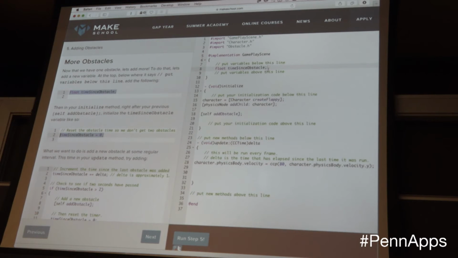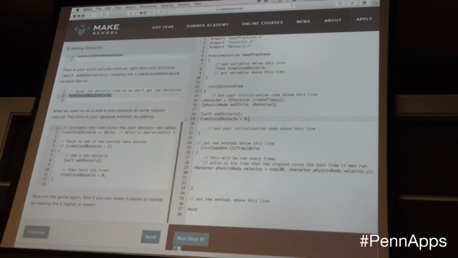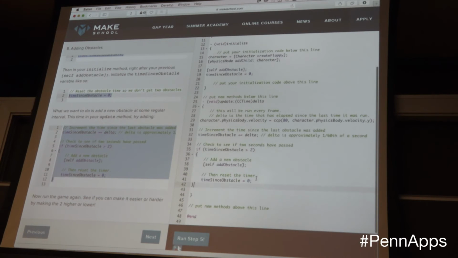We're going to set it right after we add an obstacle in the initialization. And in our update method, we're going to keep track of the time since we've had an obstacle.